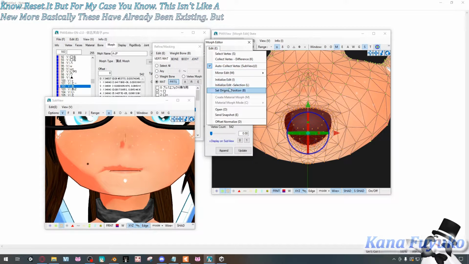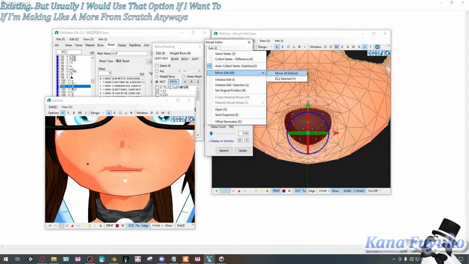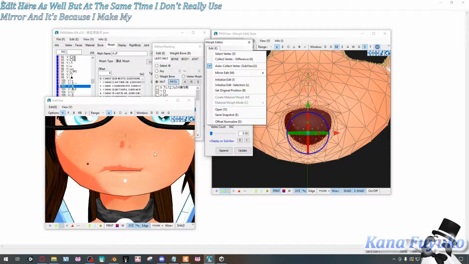But usually I would use that option if I'm making a morph from scratch. But anyways, there's also mirror edit here as well, but I don't really use mirror edits because I make my morph blend shapes in Blender. But yeah, there's other stuff as well. There's even offset normalize, which I never use. But yeah,